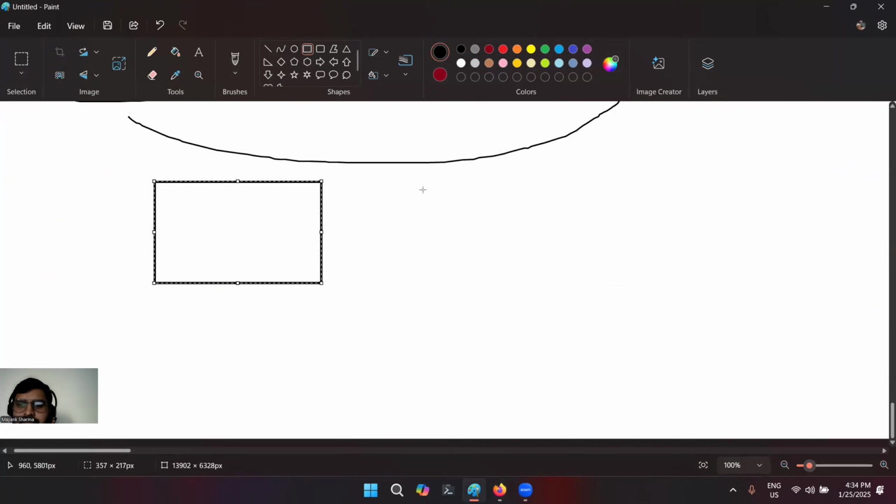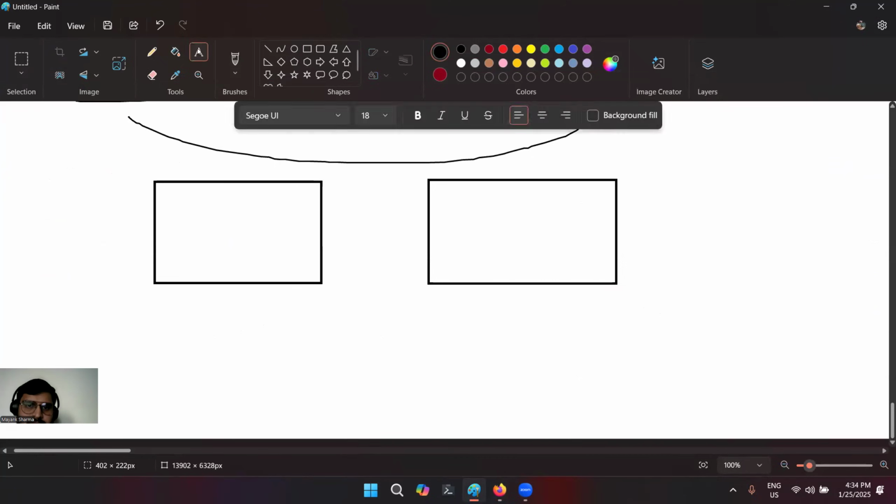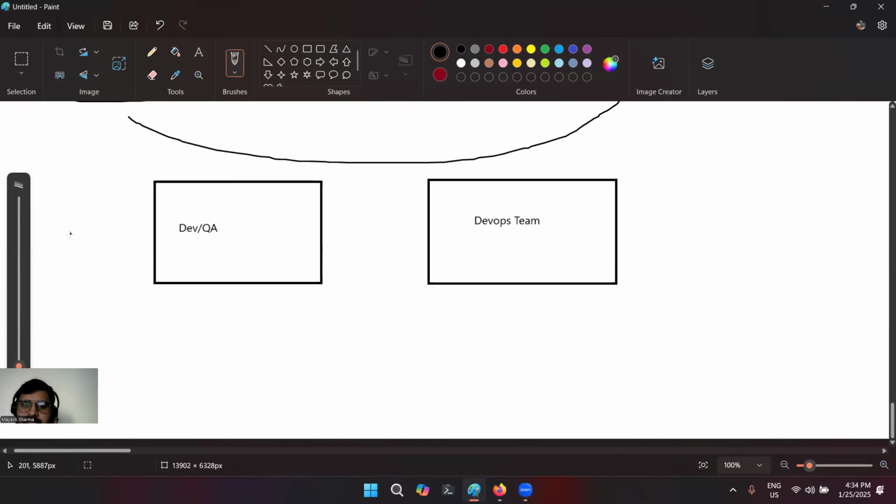So here it is. I have two teams. One is developers, or I'll call it the dev and QA team, and then we have a DevOps team. Okay, so whenever a new user, let's just say Muhammad is a dev and he's joining, I have to provide him a certain five licenses.